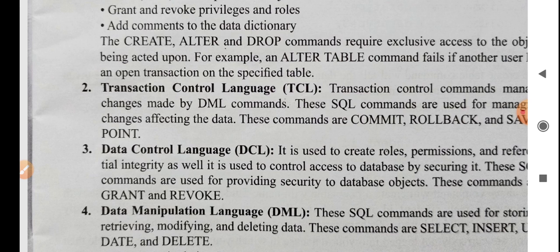That someone is whom you call the administrator, or the database administrator, typically known as the DBA.